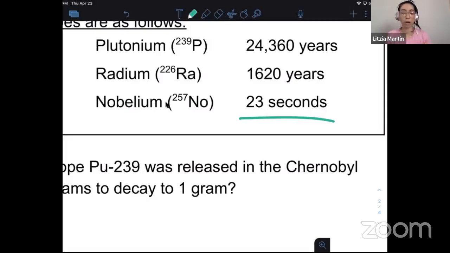And then same thing like with radium. If you start with 10 grams of radium, that means after 1,620 years, you will have 5 grams, because that's its half-life. So that means that it's decaying a lot slower than the nobelium would, right? Nobelium is like just a few seconds and it's already decayed halfway. Whereas radium, it takes over 1,000 years for it to decay that much. So it kind of goes to show the different rates of decay for each of these